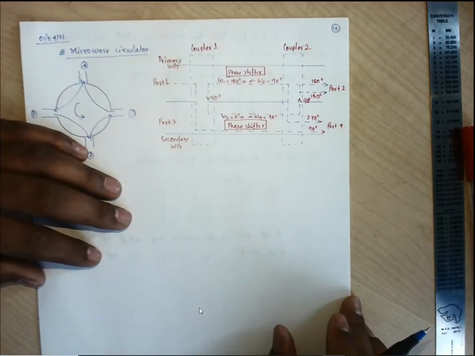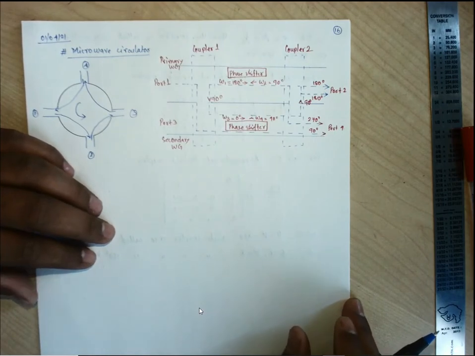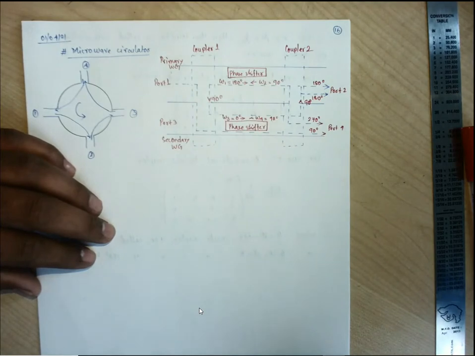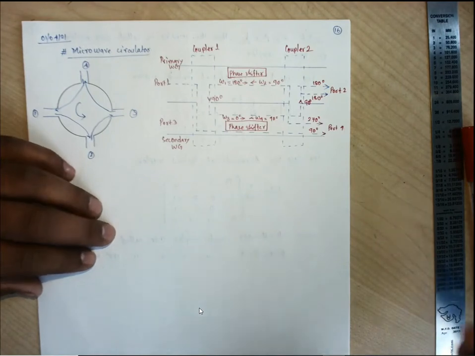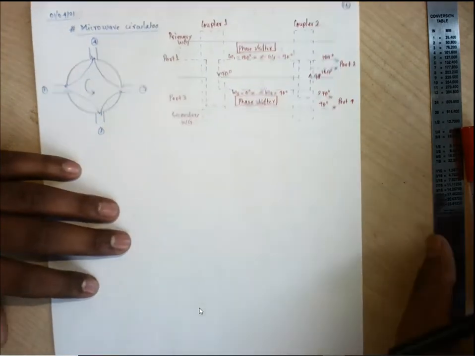Okay, so this is a simple design for this kind of circulator, where if port 1 acts as the input, we desire that the output should be available at port 2 only. Okay, so let us find, okay, before that let us write the description about this circulator.